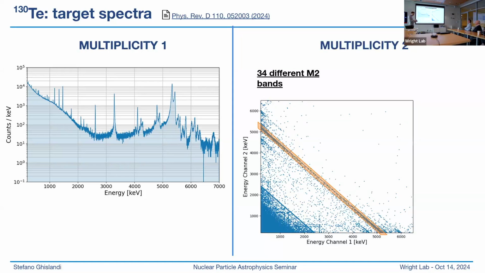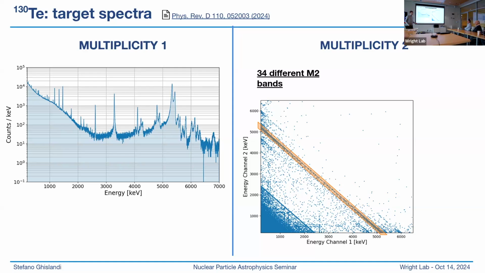So each event in multiplicity 2 will have 2 depositions of energy, one on the first channel and the other in the second channel, and you can represent this on a scatter plot. Then, in order to select different 1D spectra coming from this plot, you can actually select these bands that are associated to quasi-constant total energy deposition in these M2 events. And for example, here, this is the line whose total energy is 5.4 MeV, which is the energy of the